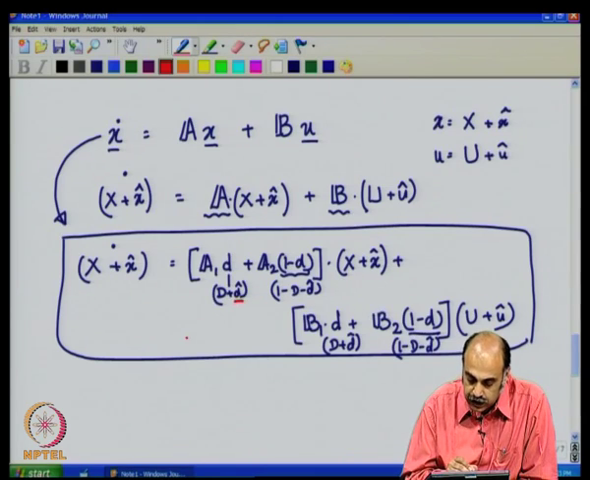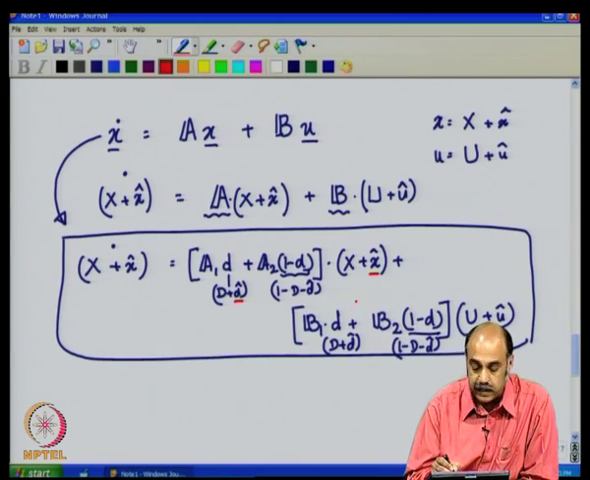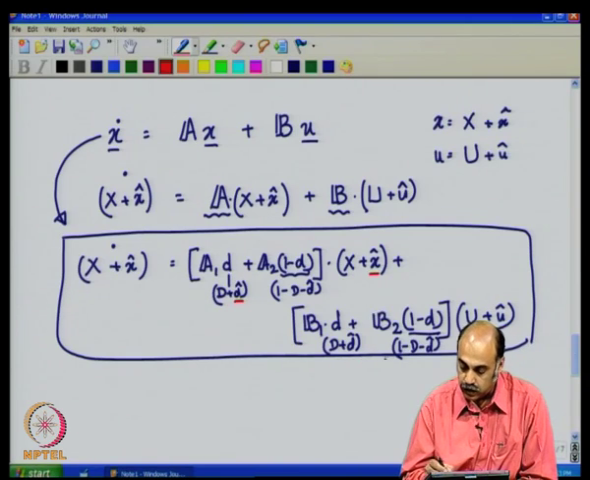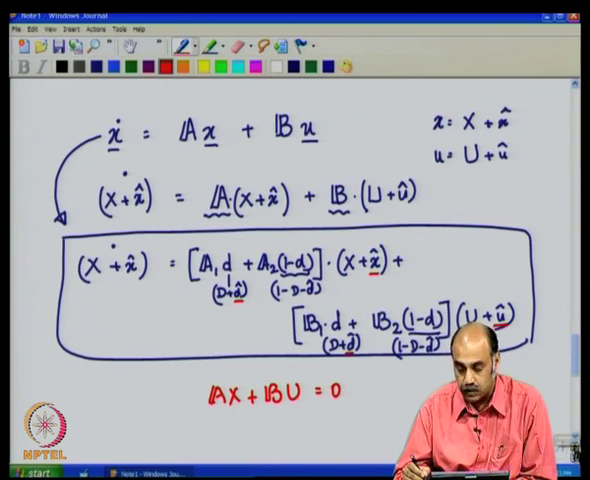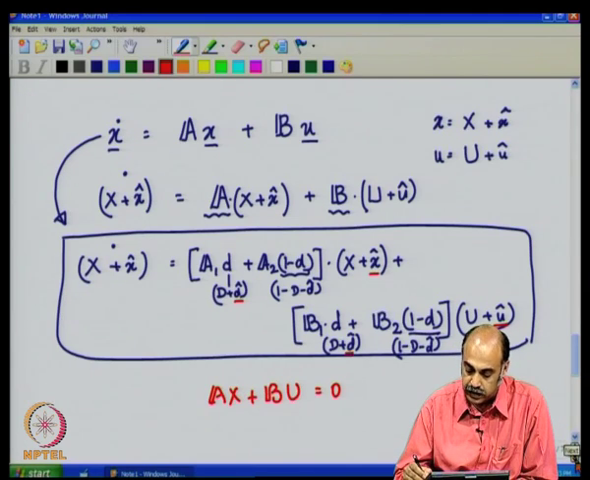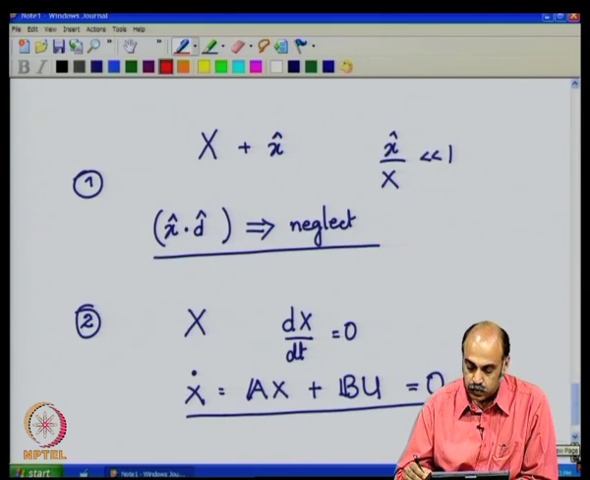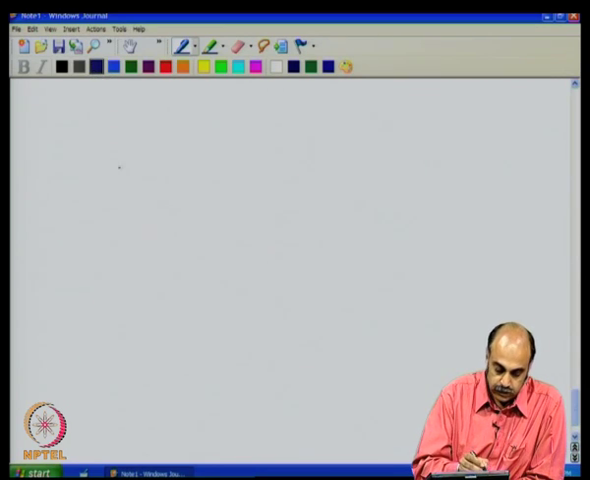So, you have the d hat term, the product of x hat and d hat, and the product of d hat and u hat. Now, all these product terms you can delete, remove, neglect, and then apply Ax plus Bu equal to 0, assuming the steady state deviation of the state vector is 0, dx by dt, and using that you will obtain